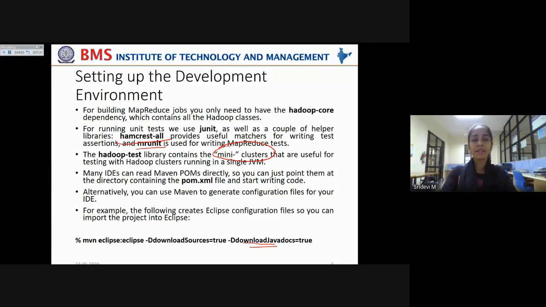How do you do that? mvn, where MVN stands for Maven, the build automation tool we are using.